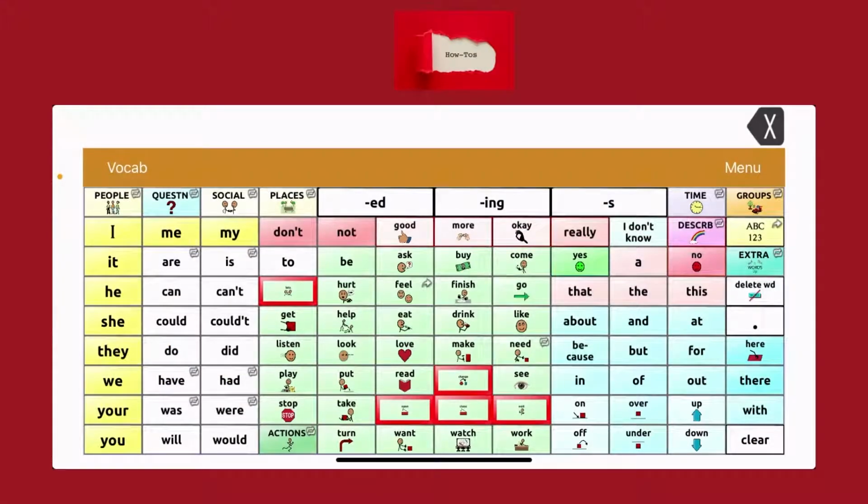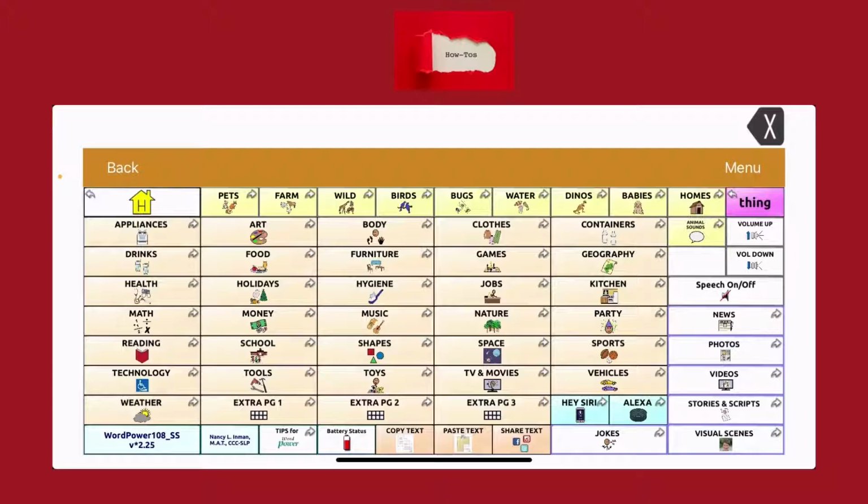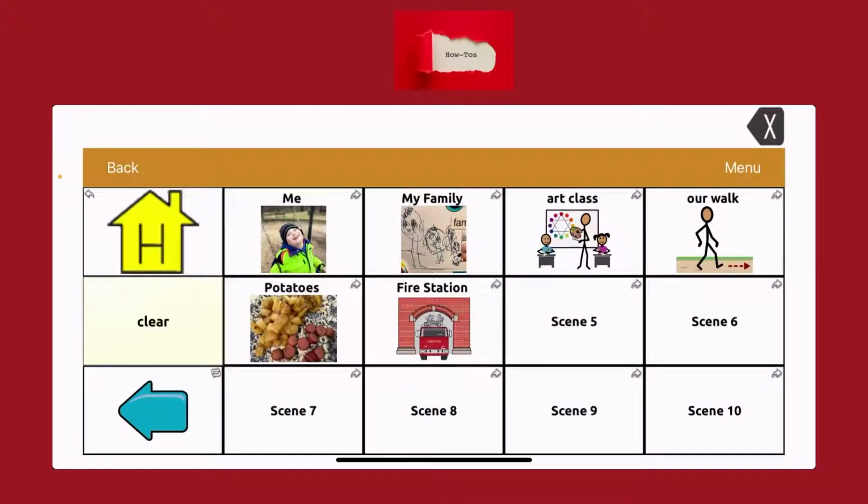My son's app. He uses TouchChat with WordPower and upgraded to 108 icons per page back in the fall. I thought I'd share with you scenes. So if you go to groups, upper right-hand side, and lower right-hand side, you'll see visual scenes. I've been working with my son's speech language pathologist at school to create these, and I'll share with you her